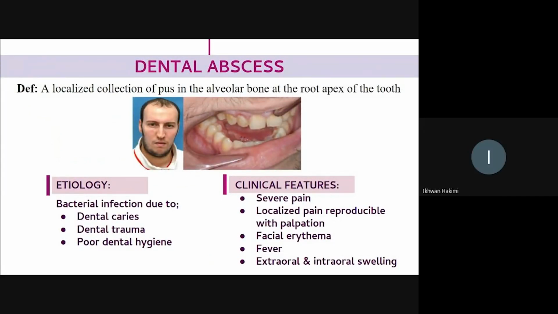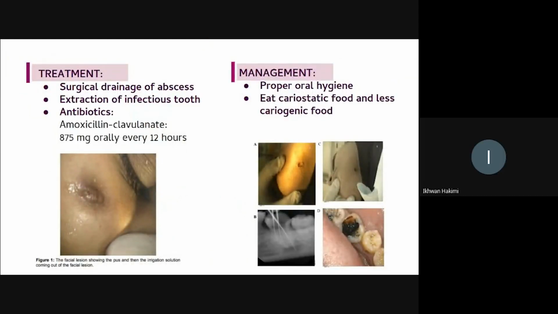Okay, the first differential diagnosis is dental abscess. It can be defined as a localized collection of pus in the alveolar bone at the root and apex of the tooth. The etiology can be due to bacterial infection, which can be due to dental caries, dental trauma, and poor dental hygiene. The clinical features for the dental abscess are severe pain, localized pain reproducible with palpation, facial erythema, fever, extraoral and intraoral swelling. The treatment for dental abscess can be surgical drainage of abscess and extraction of the infectious